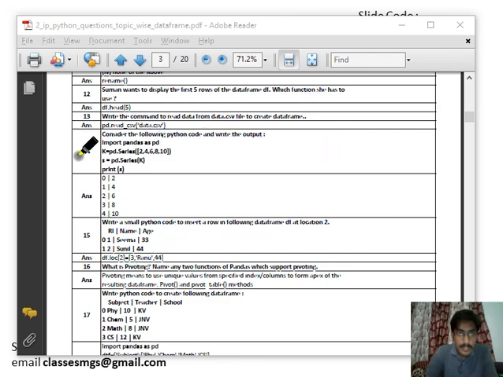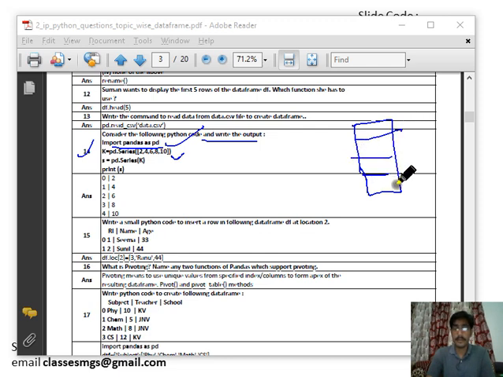Let's see the 14th question. Consider the following Python code and write the output. So this is the Python code: import pandas as pd, pd.Series, a series object is created. This will create it like this. So it will have 2, 4, 6, 10, 8, and 10.